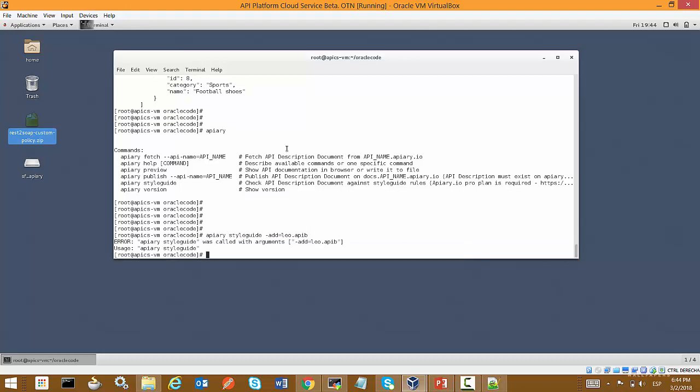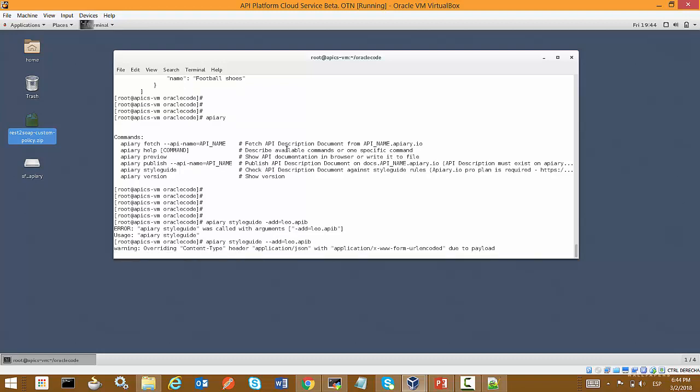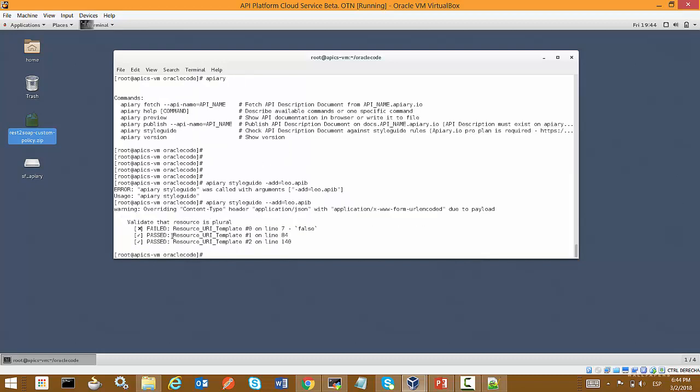Oh, I just did something wrong. Because I have the functions and the rules at the same level, in the same directory, this is going to apply the same thing as you saw in the demonstration by Leo. And here it is telling me that the resource URI template is not okay, because the validation is that the resources are not in plural.